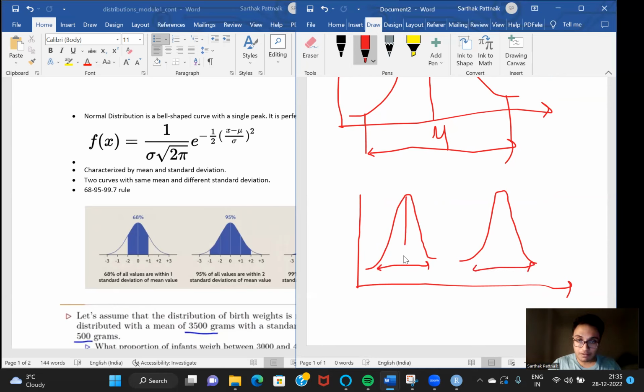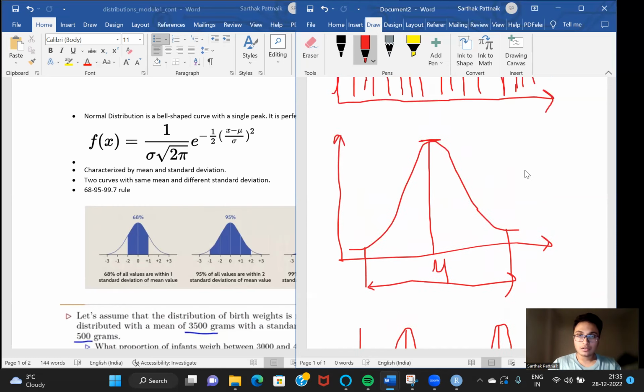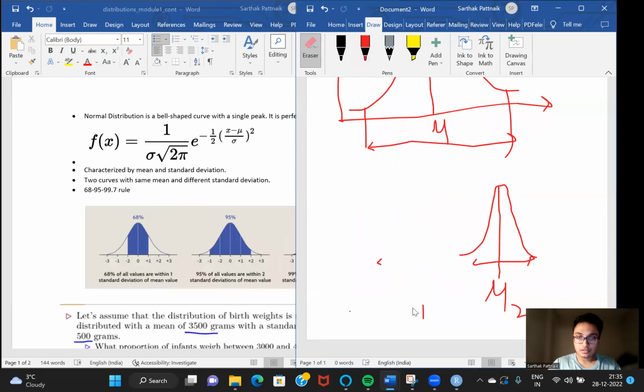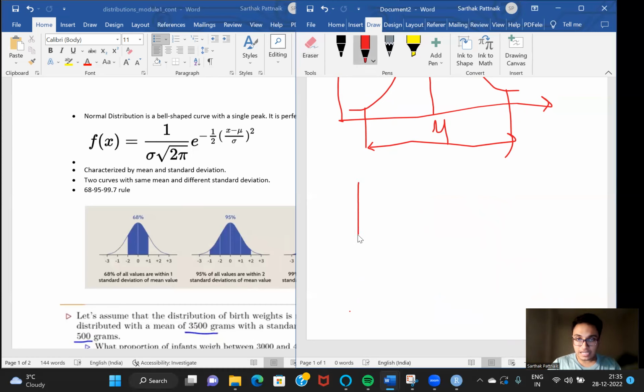However, their means can be different. This is mu1, this is mu2. Adding to that, there can be also another case where you will have the exact opposite. You will have two curves